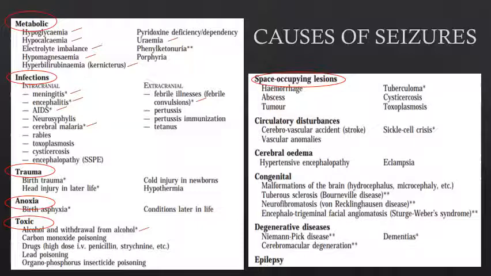To the right, we have space-occupying lesions, such as blood in the brain, an abscess or tumor, circulatory disturbances, such as stroke and other vascular abnormalities, cerebral edema or swelling of the brain that can happen with severe hypertension or head injury,